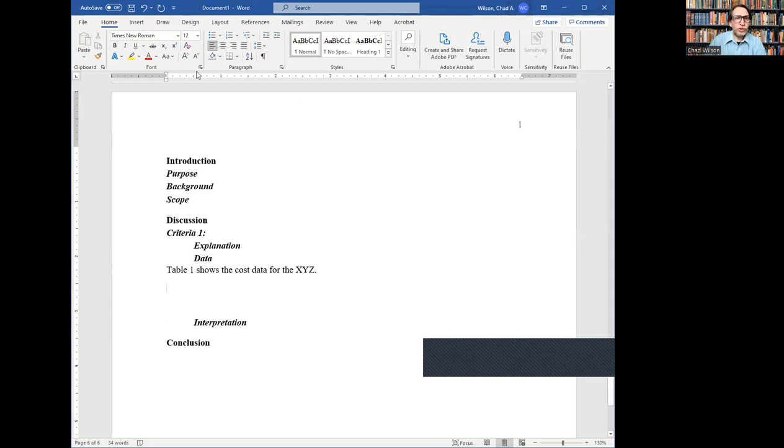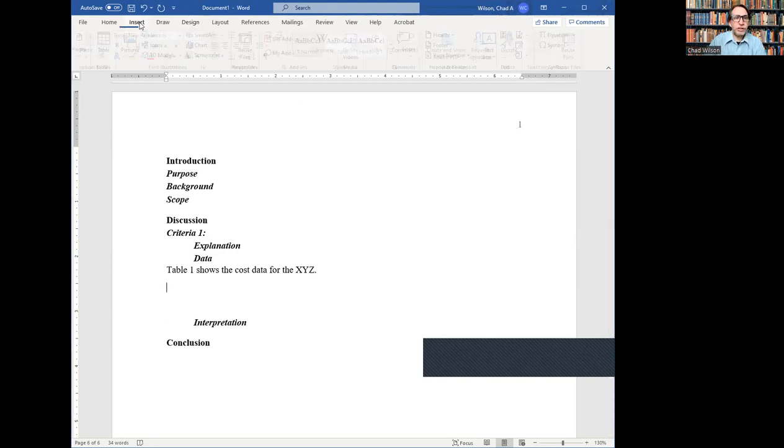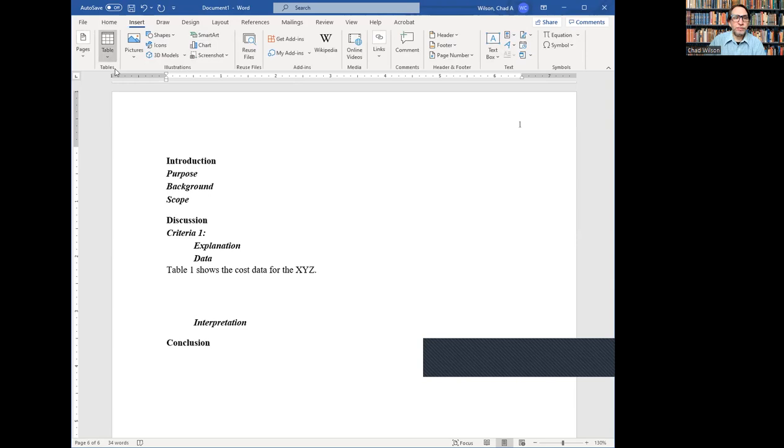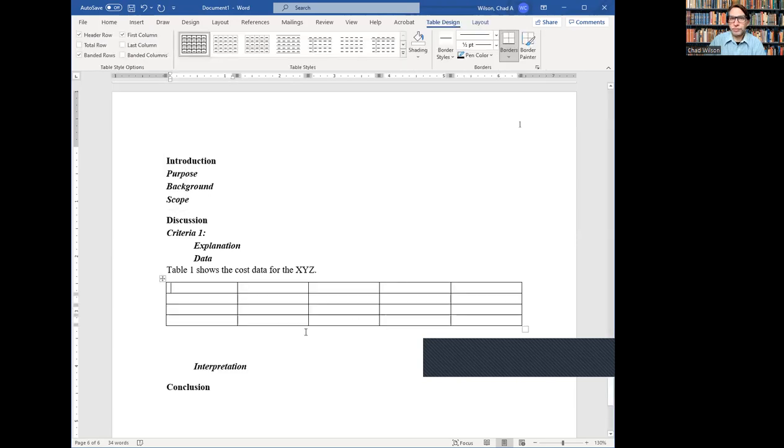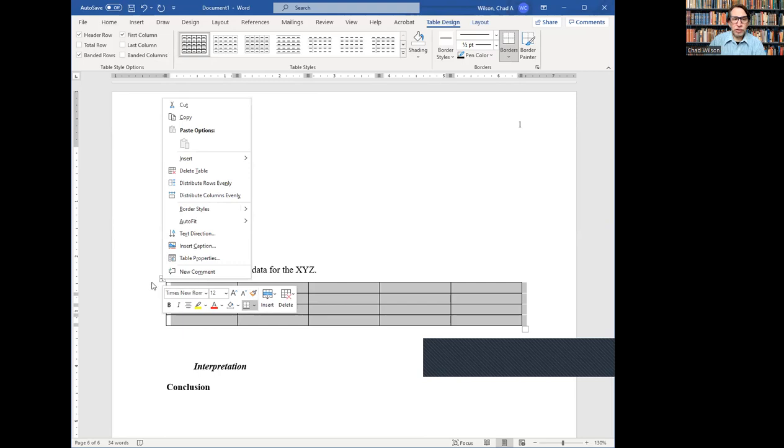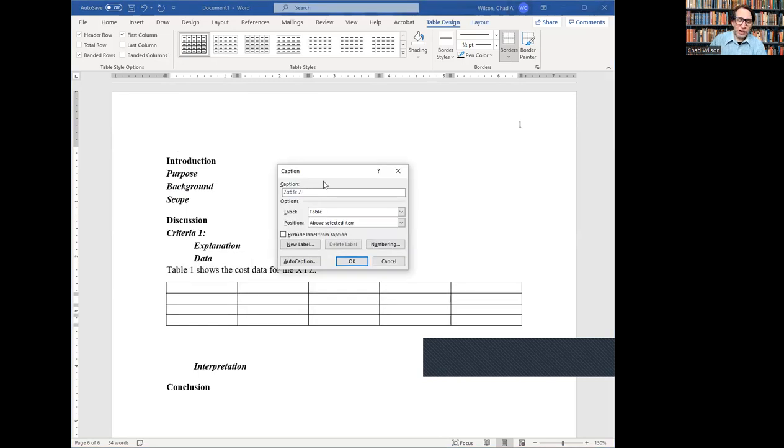So I go to insert table, and I'm just going to draw a table. Okay, it doesn't matter. But I want to use Microsoft Word's automatic caption feature. So I'm going to right click on the table on the crossbar. I'm going to right click it and go to insert caption. I wanted to say table 1